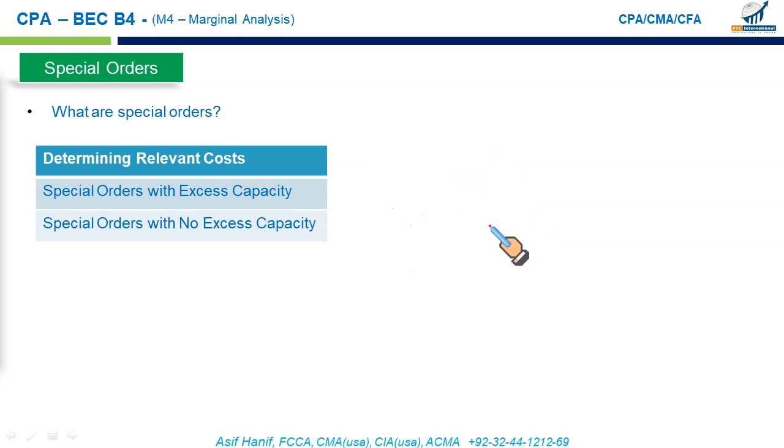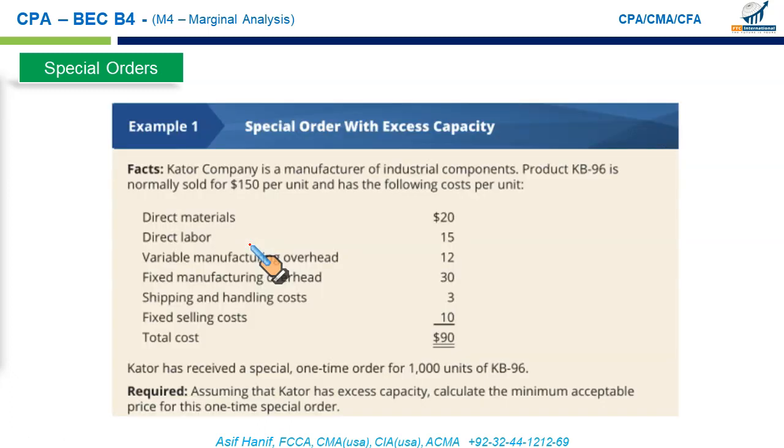So please remember, if there is excess capacity, your incremental revenue is compared with the incremental cost. And if there is no excess capacity, the firm is operating at full capacity. In that case, you will compare incremental cost with incremental revenue, but you will also bring in the lost contribution, the sacrifice, the given up production for this special order. Let us make sense out of it through a given example.